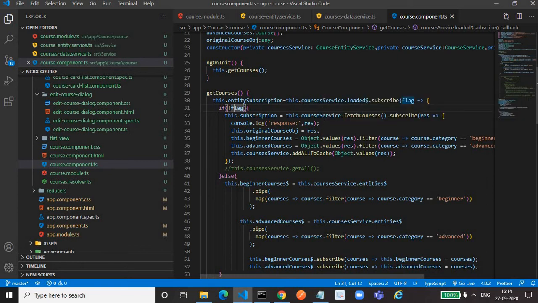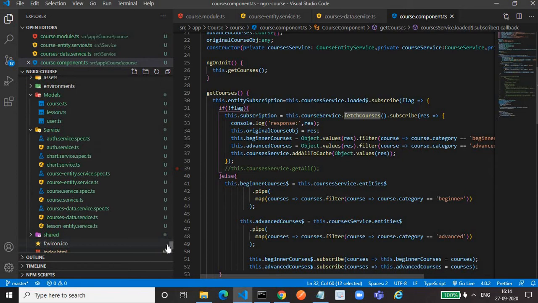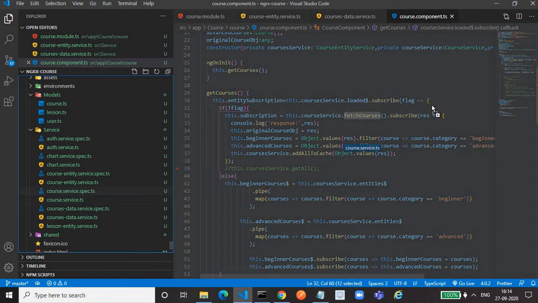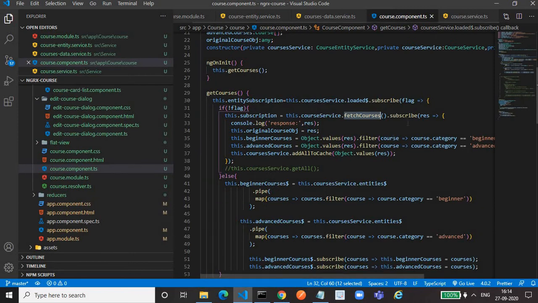We are calling the API by using the normal HTTP service, course service dot fetchCourse. In the course service, if you see, fetchCourse is just a get method in which we are fetching all the courses. Once we get the response, we are extracting the beginner courses and advanced courses. These are all things I am doing as per my requirement.